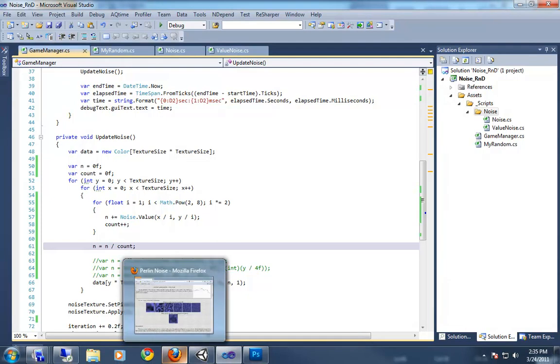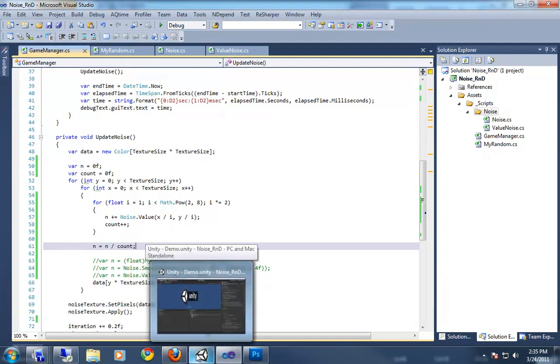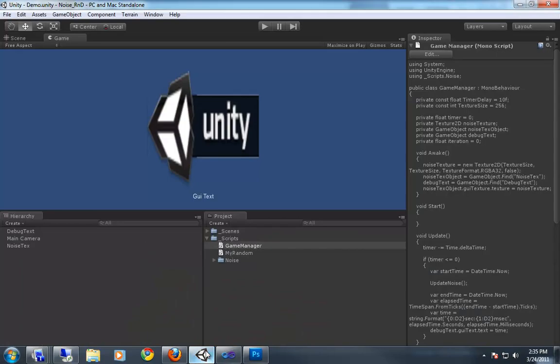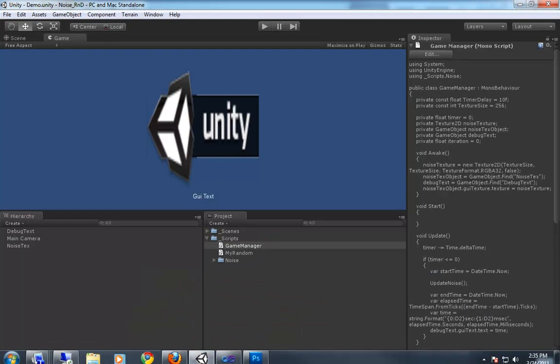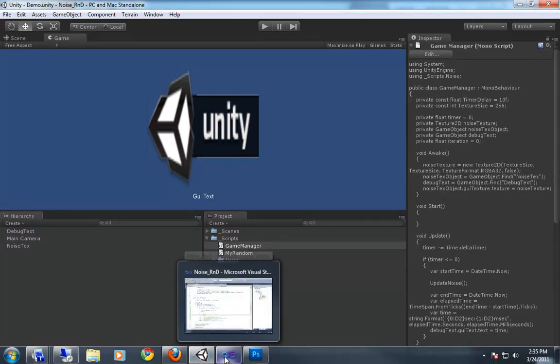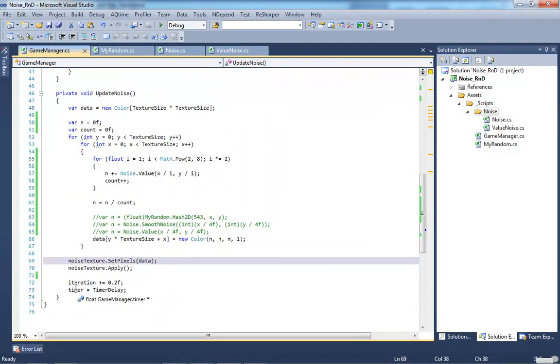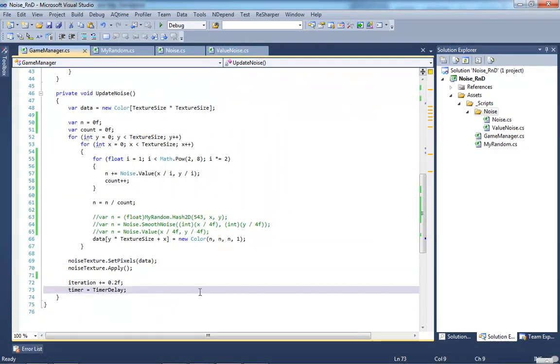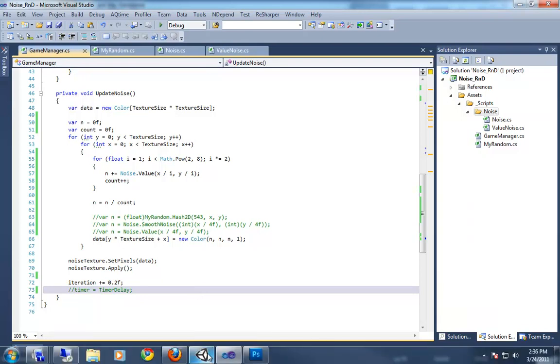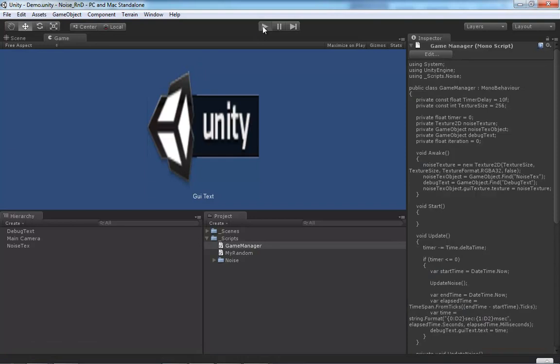Boy, this is going to be interesting. Yeah, this is going to be kind of slow. Matter of fact, before I even run that, let's go back to here. And I'm not going to increment my timer delay or reset it, because I only want this thing to run once. Yeah, very good idea. So if I hit play,